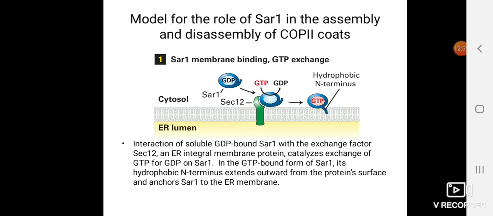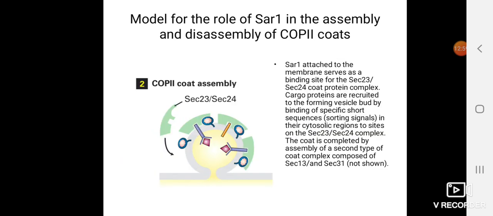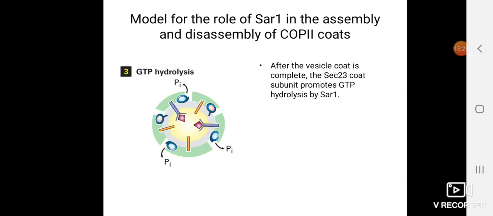That is the one which actually activates the SAR1, and SAR1 through its N terminus is going to hook up into the membrane. And once SAR1 hooks up into the membrane, there is going to be coat assembly, which is going to happen with the Sec23-24 complex, which acts as a coat protein, and then it starts assembling, and there will be another set of coating complexes which are also going to be involved, which completes the coating. They are Sec 13 and 31 complex, and then